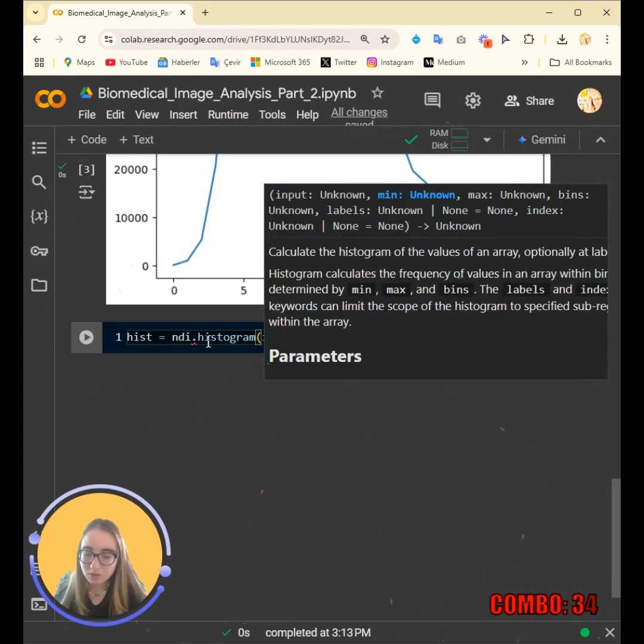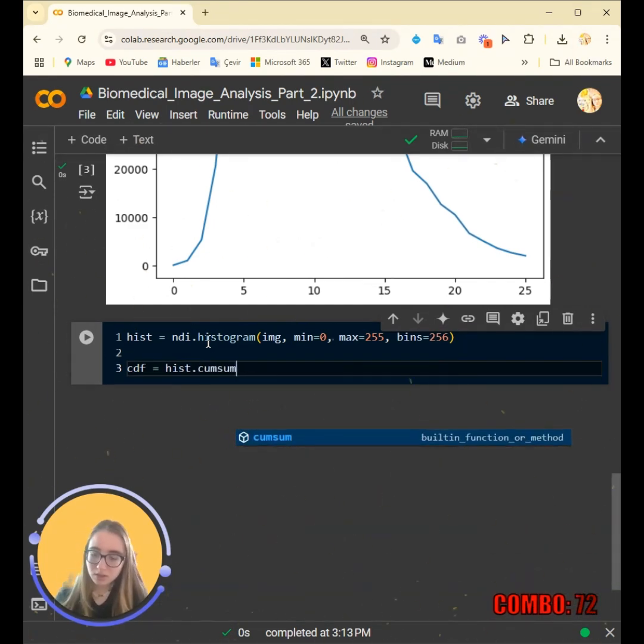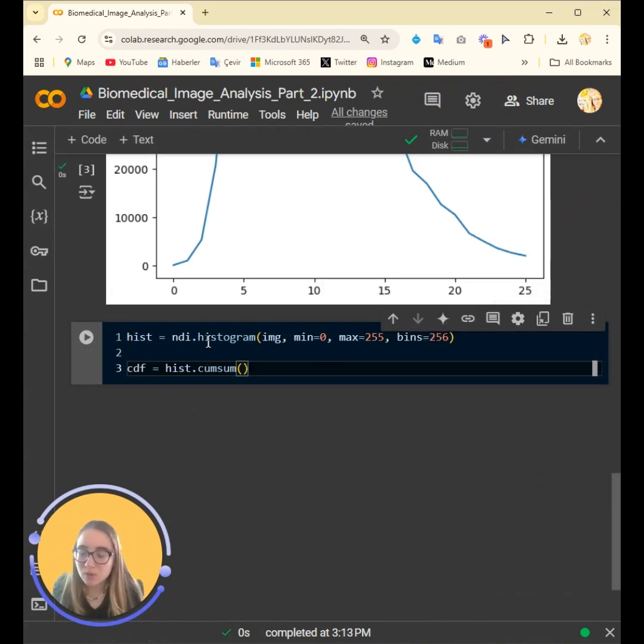Image minimum 0, maximum 255, bins 256. And now let's call the cumulative distribution function. We'll take the cumulative sum, so it will sum up how many pixels there are for each intensity value by rolling over the histogram, if you want to imagine it.